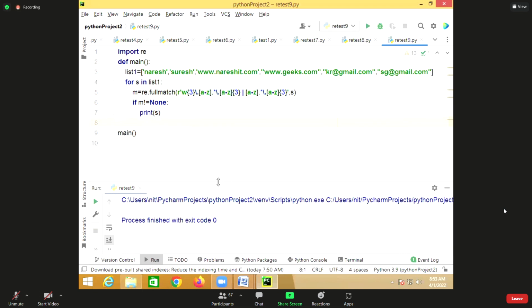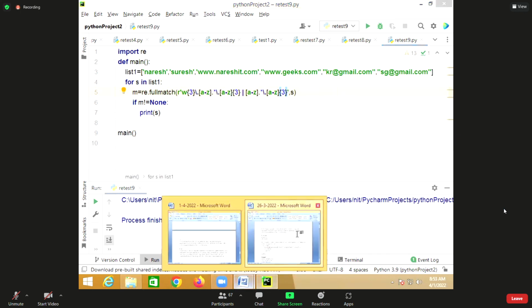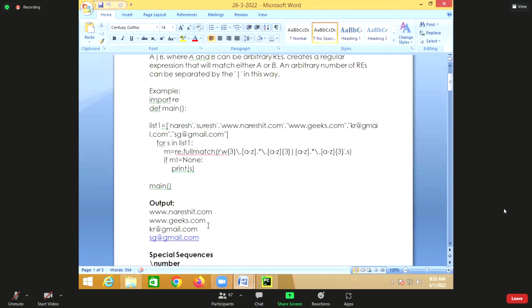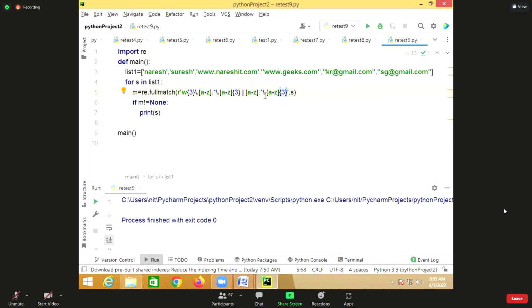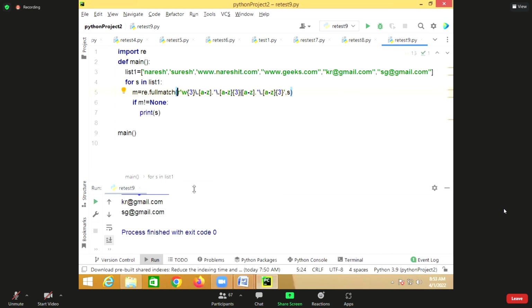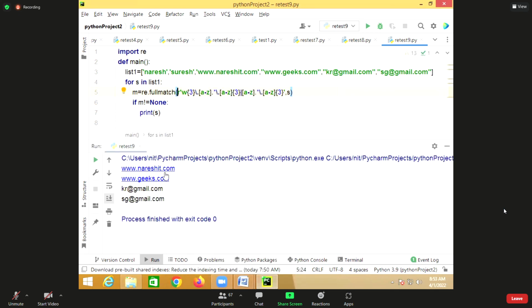Now once you run this, your space should not be there. Sorry, I've given the space there. Now you can see www.nareshshetty.com and geeks.com.